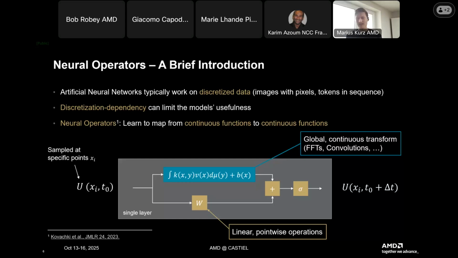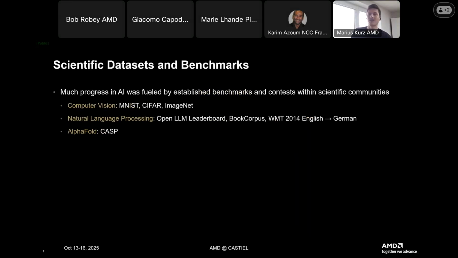I hope that makes somewhat sense. If not, just think of it as a fancy neural network architecture and replace it in your head with a ResNet, for instance. Another problem you have when looking into scientific data sets and benchmarks, or let's phrase it differently,